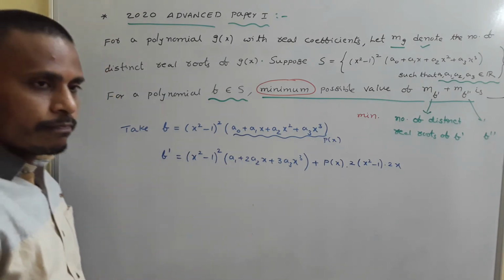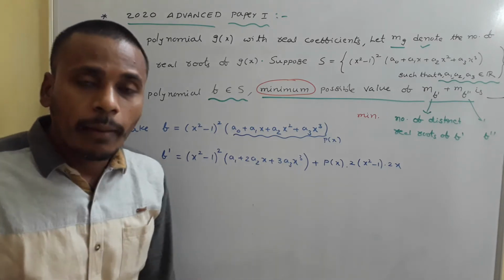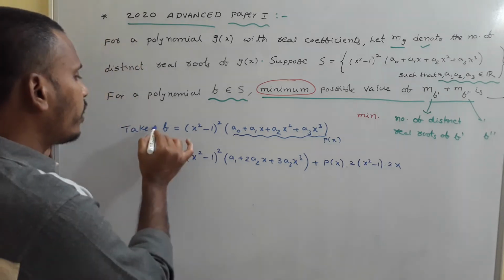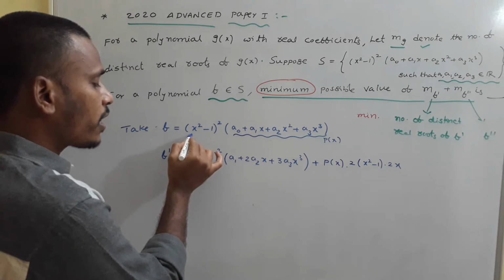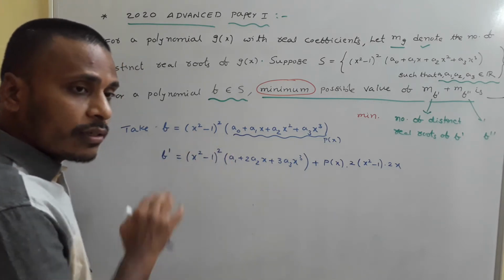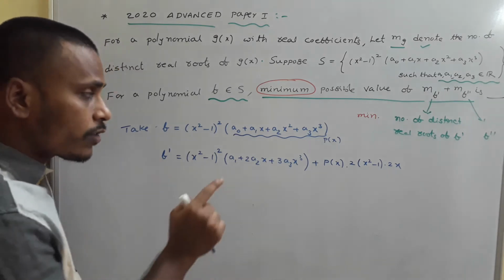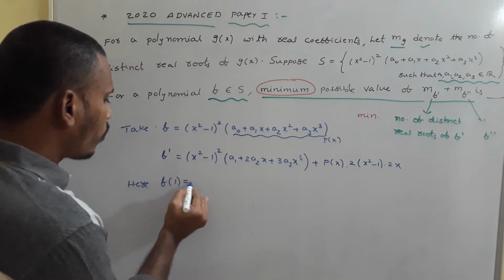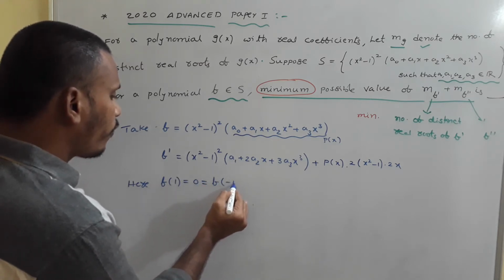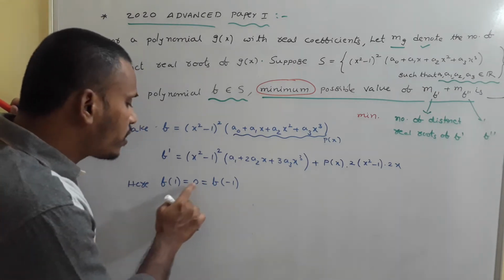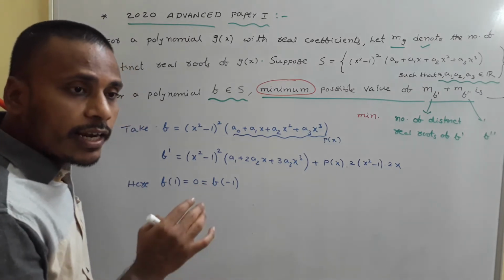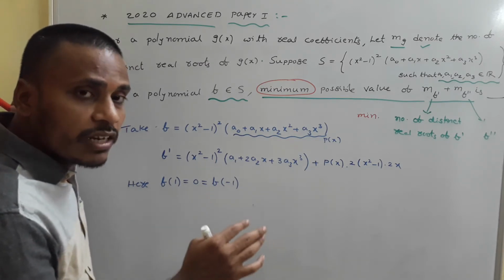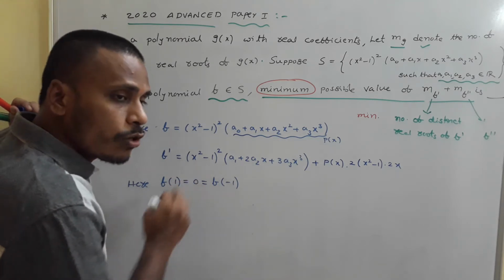Now what I have to do? Right. To solve this problem I am going to use the mean value theorem, especially Rolle's theorem. One thing is very clear for the given polynomial f: from this x square minus 1, if you replace x with 1, f of 1 is 0. If you replace x with minus 1, f of minus 1 is also 0. Clearly f of 1 equals 0 equals f of minus 1, and f is a polynomial, and polynomials are continuous. So f is continuous and differentiable.